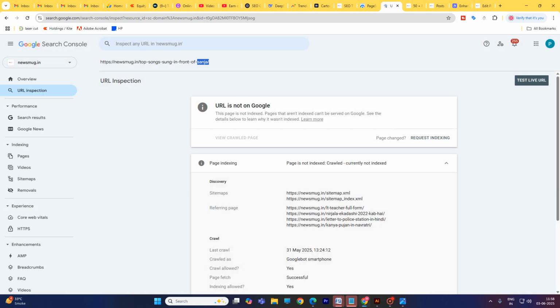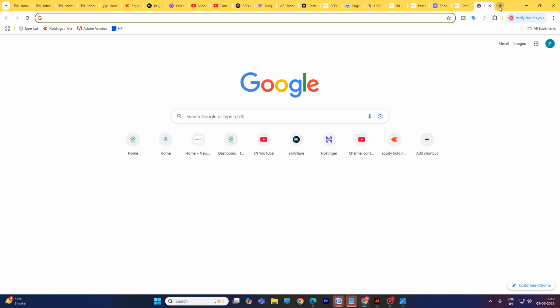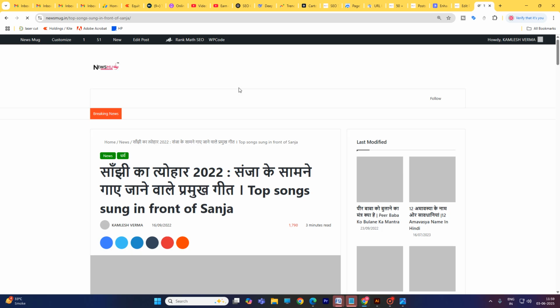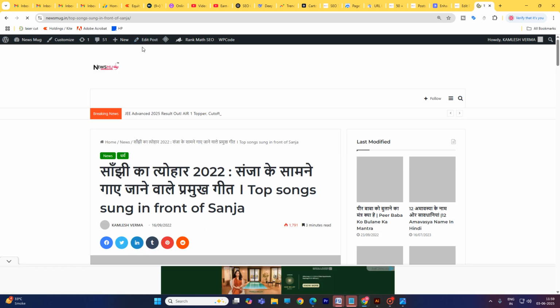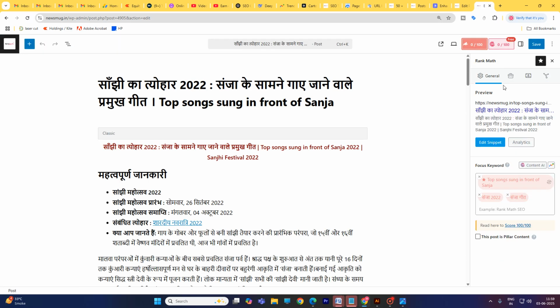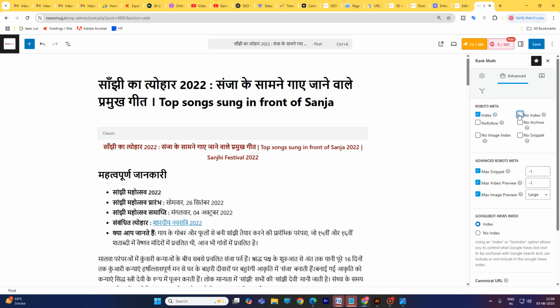Just open your URL in edit mode. Edit this post, go to your Rank Math box, noindex tag, save it.